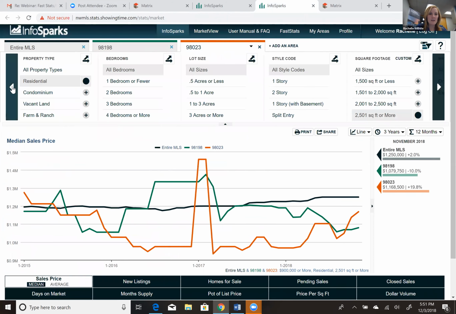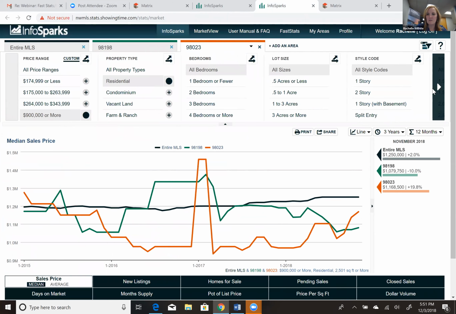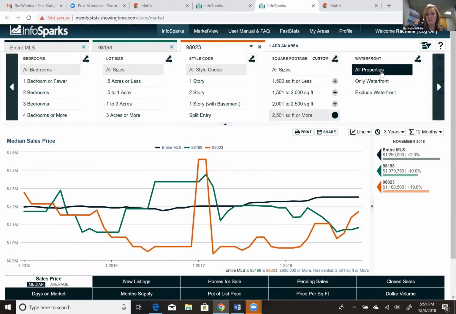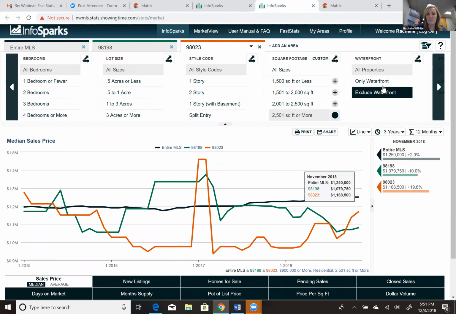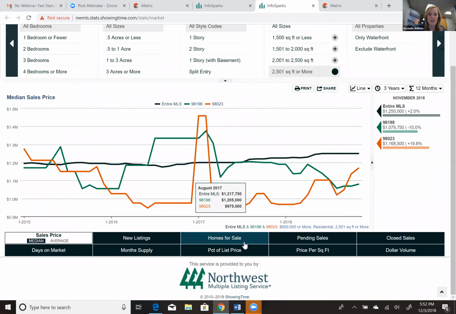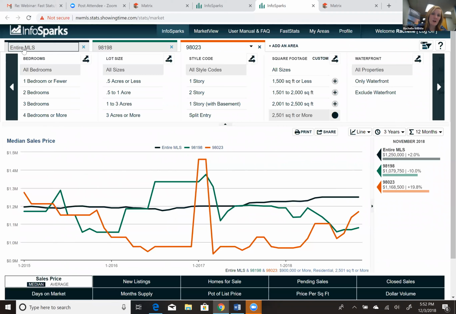These little arrows right here kind of give you more options. So you scroll over here, and it's only waterfront, exclude waterfront. Mine is a view home. It's not a waterfront, but that's interesting. If you did have something on the water, you would want to utilize the only waterfront feature to compare those types of things. Once I've got my entire MLS, which I can eliminate,